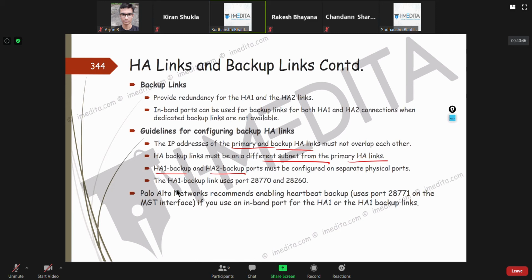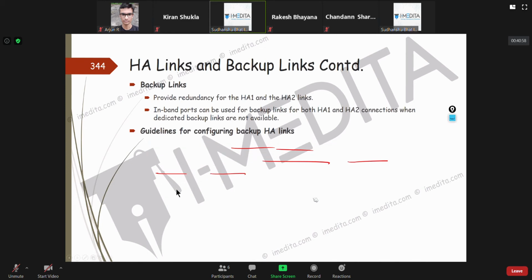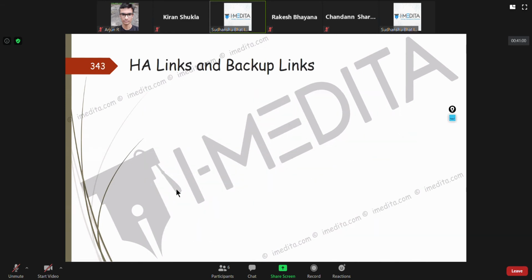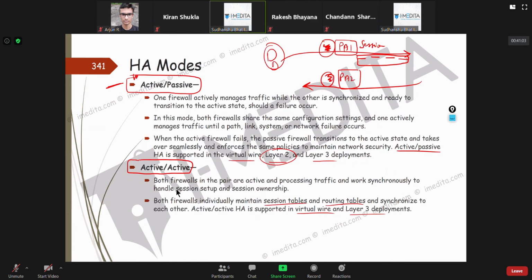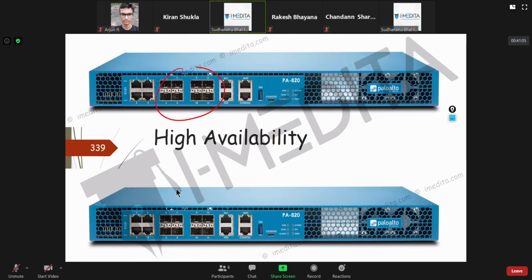Like if you see this port, this is fiber, but Ethernet. Yes. Ethernet is available on copper as well as fiber. So we can use these ports, right?